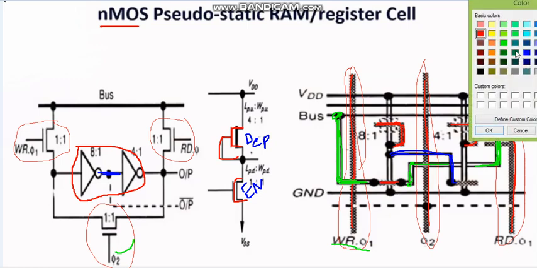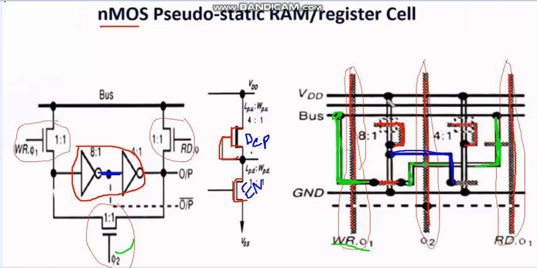Of course we can take diffusion here once again. This is a diffusion path here. So poly crossing the diffusion, hence this connection. For the first inverter, first we are taking the right pass transistor. One end is connected to the bus, so we are connected to the bus here. The other end is connected to the input of the inverter, which is nothing but the NMOS here.